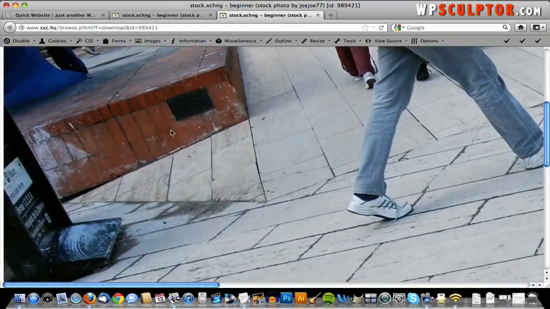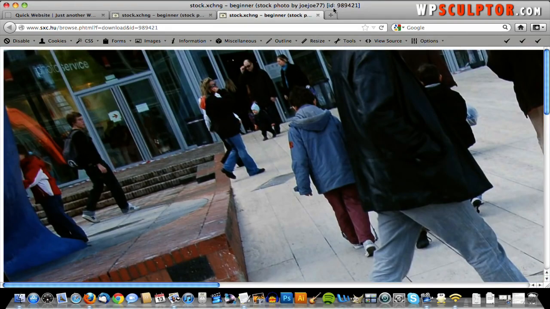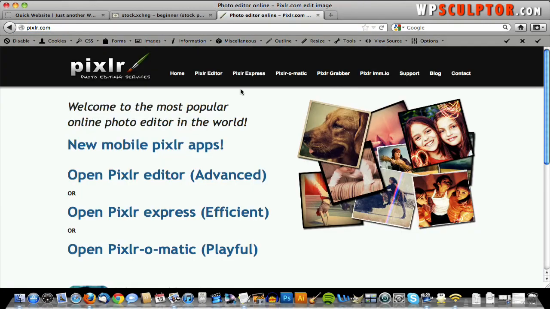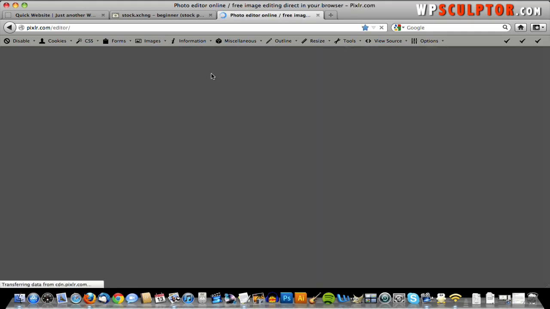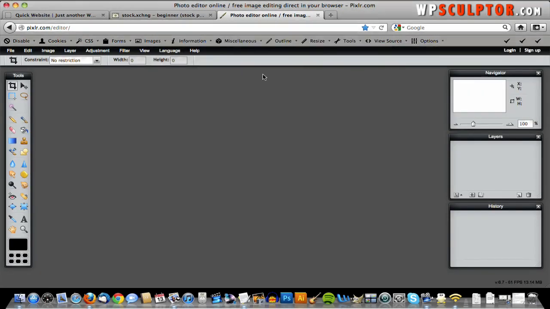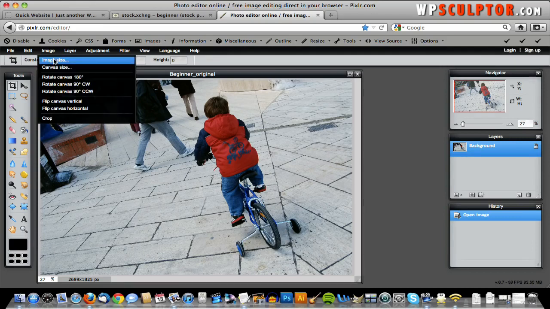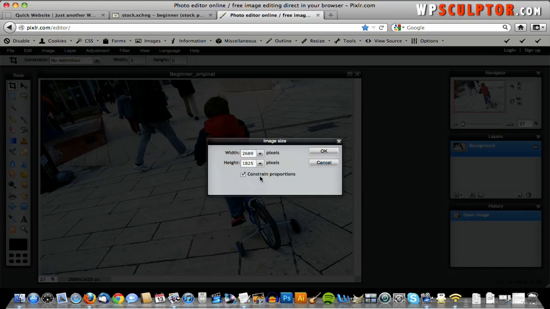Now, the image itself is actually this large, and it's a very large file size. We don't want that, as we discussed earlier, so we're going to go back to Pixlr, and we're going to resize it before we even upload it to WordPress. Open up the editor, and we're going to open that image from our computer. It's right there. And we're looking at it at 27%. And I want to make this image 300 pixels wide. And instead of cropping it, we're just going to resize it. And to do that, you're going to go to Image, Image Size, and keep the Constrain Proportions box checked there,